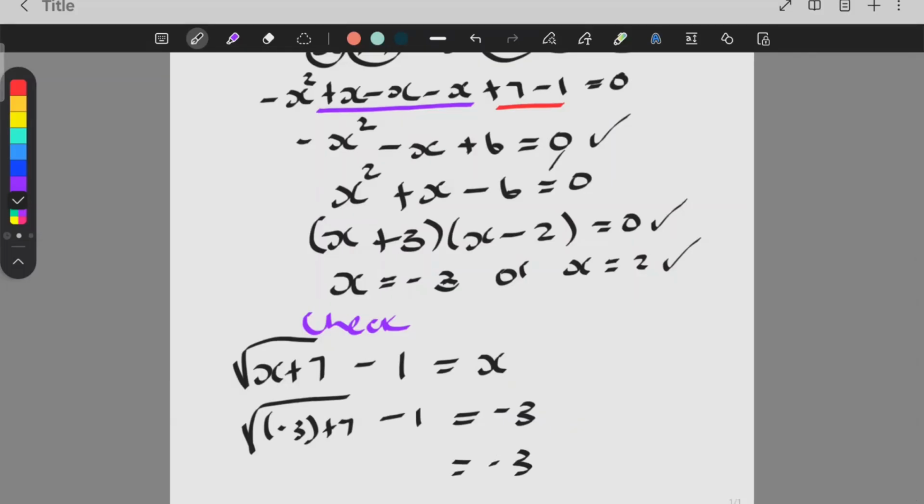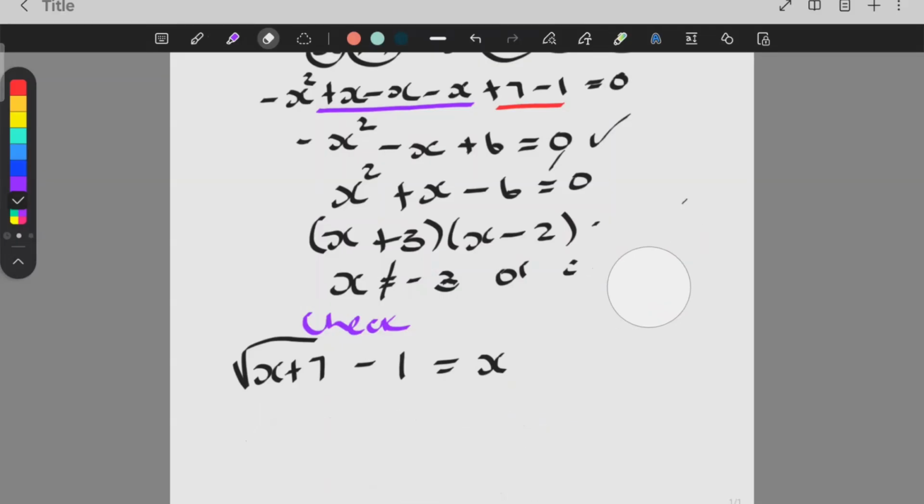This is negative 3. If I put all of this in the calculator just like that, this whole root will give me 2, and 2 minus 1 gives me 1. So can you see? 1 is not equal to negative 3. So negative 3 doesn't work. So I'm going to cancel negative 3. Then I'm going to check if